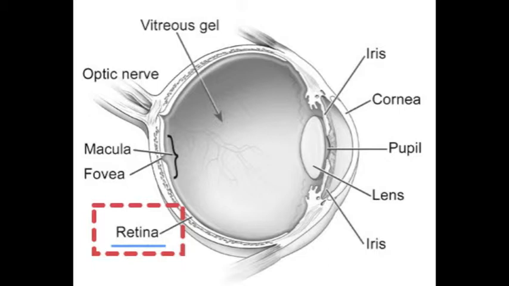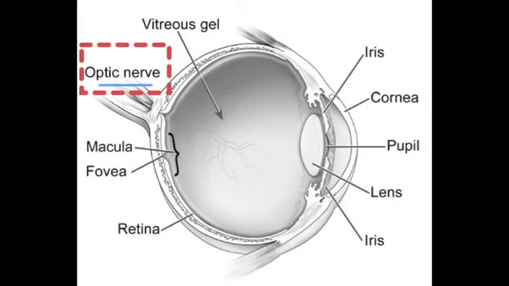When the rods and cones gather these colors and the light, they form it into a code, which is sent to our optic nerve. The information is transmitted into an electrical impulse, which through our optic nerve travels to our brain. Once the electrical impulse reaches the brain, it automatically decodes it. This is the image we see. The only problem is it's upside down, so our brain automatically flips it upright so that we can see and